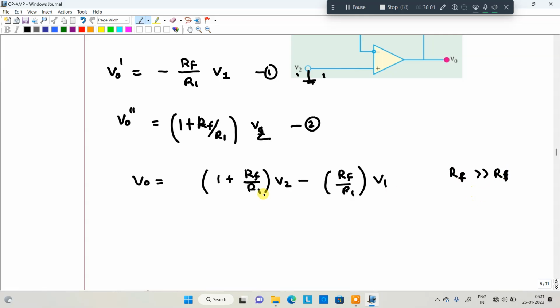That means we can neglect this particular portion, since Rf divided by R1 is very much more than 1. That's why we can neglect it, and we get V2 minus V1. So this is the differential. What is the condition here to neglect this particular one? The feedback resistor Rf